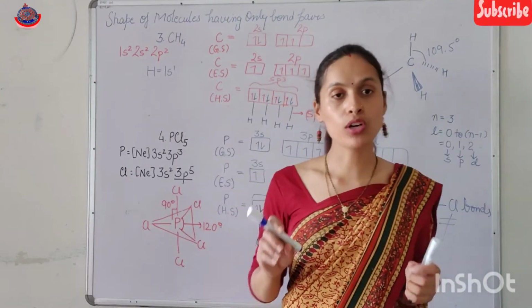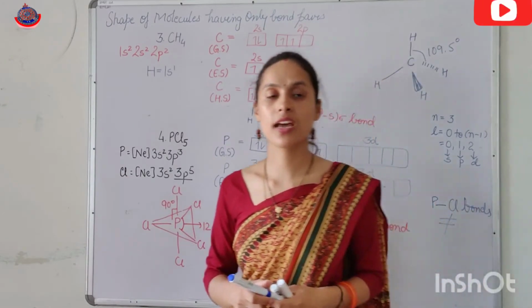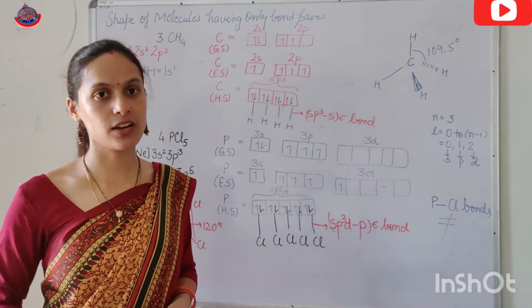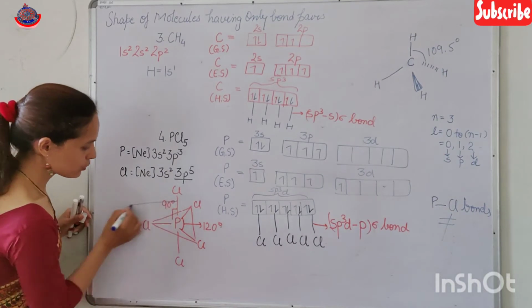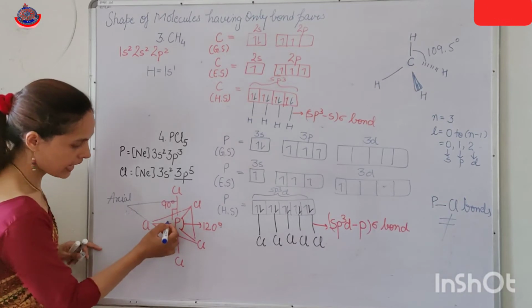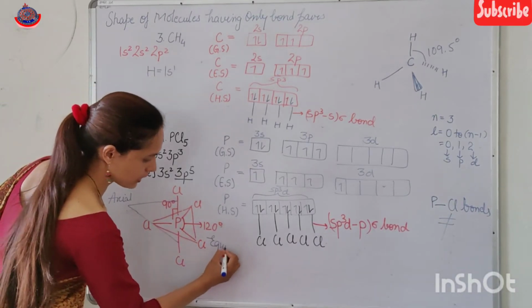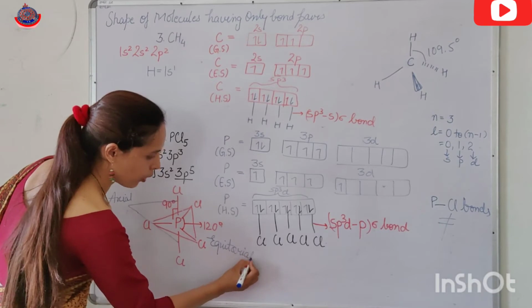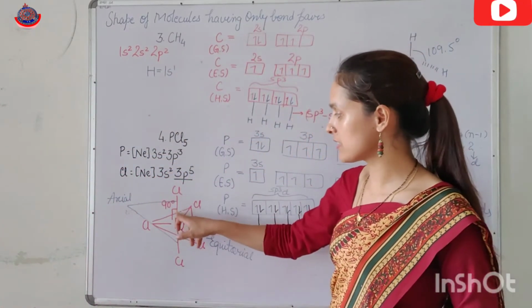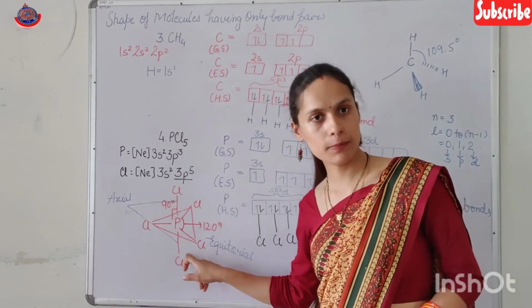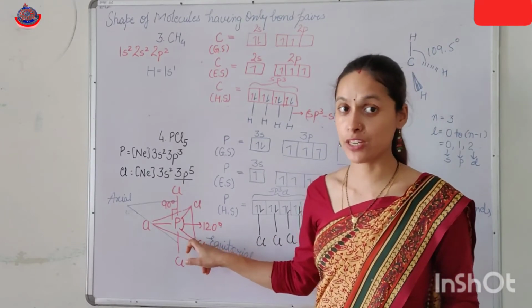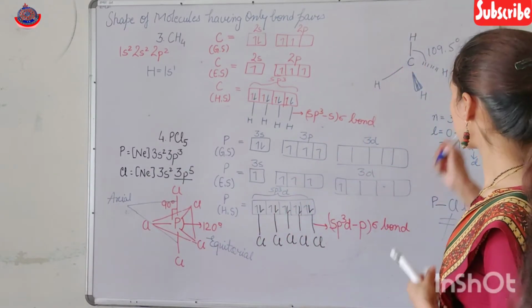And the bonds which are present in the plane, these bonds are known as equatorial bonds, and the bonds which are present above and below the plane, these are known as axial bonds. So these two are known as axial bonds. And these 3 are known as equatorial bonds. And the axial PCl bond length is greater than the equatorial PCl because of the bond angle difference. But if we talk about PF5,